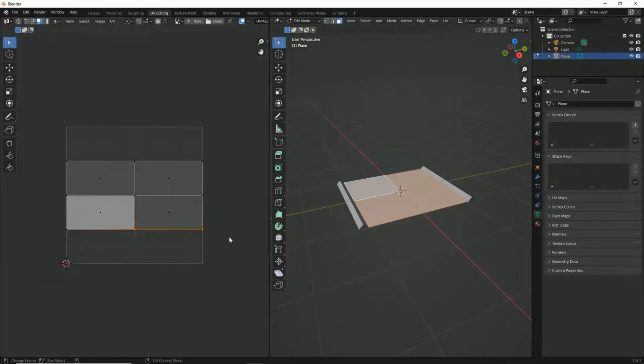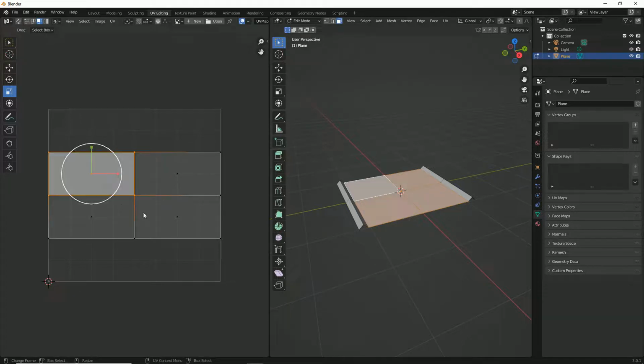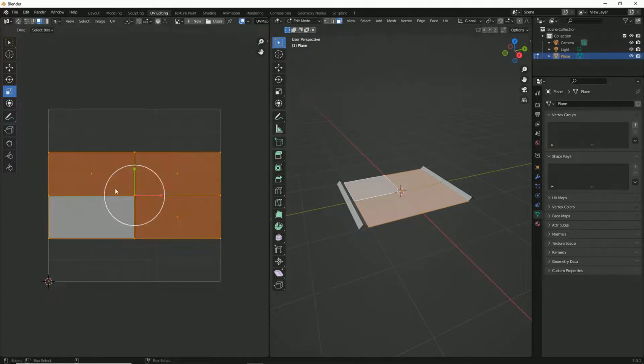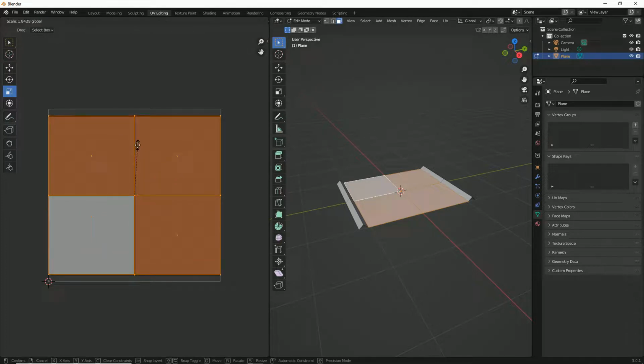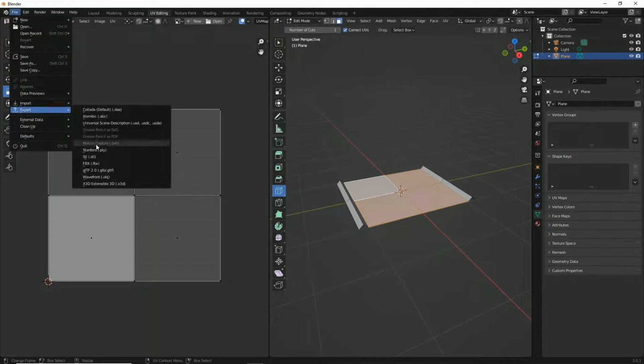There we go. Okay, with these 4, I'm just going to scale them up real quick. Why are you not scaling? Let's try that again. Scale them up so they're pretty much covering the whole thing, and more or less that's going to do. I don't want to spend too much time on this, so let me quickly export this out as an FBX,